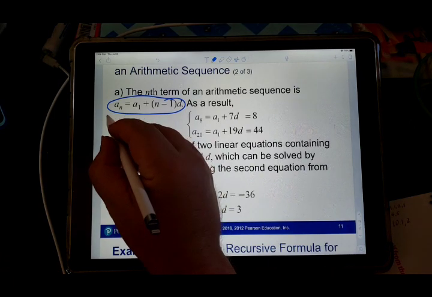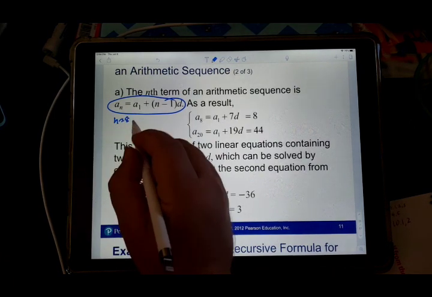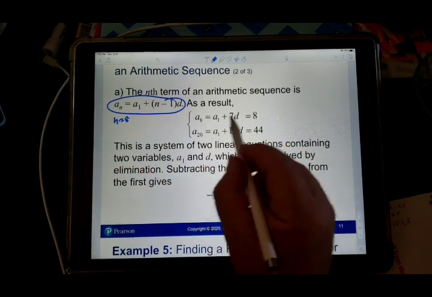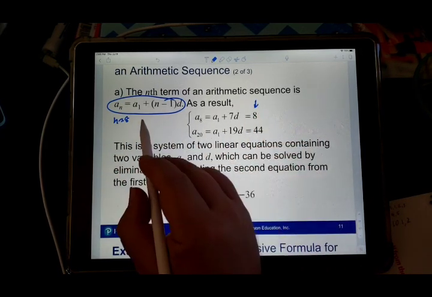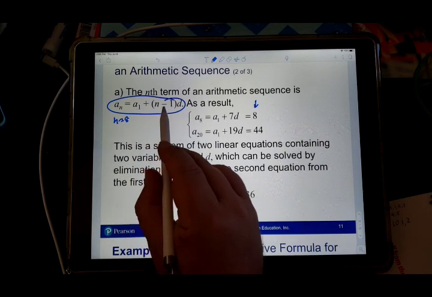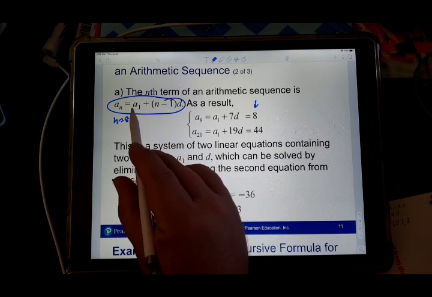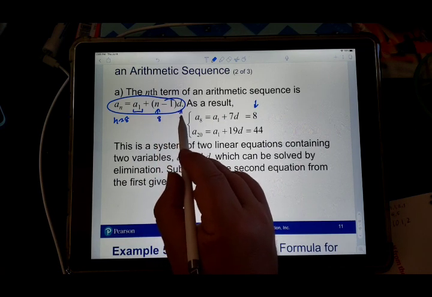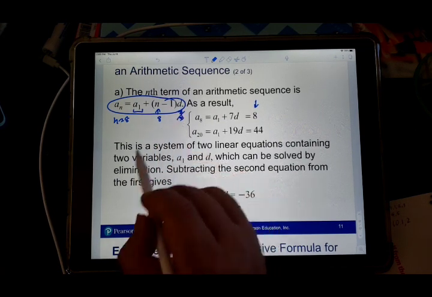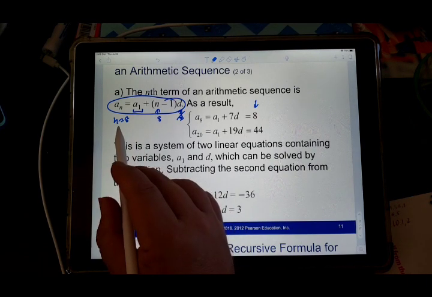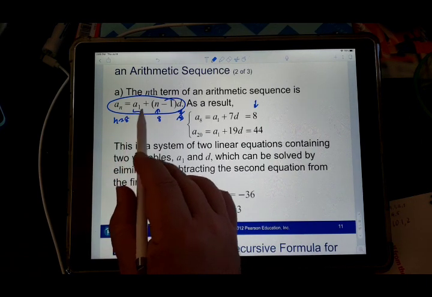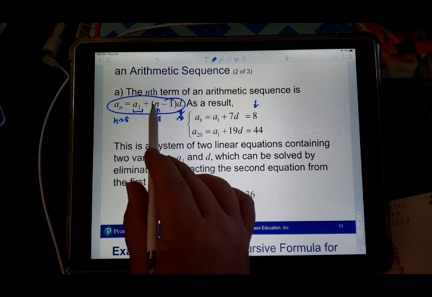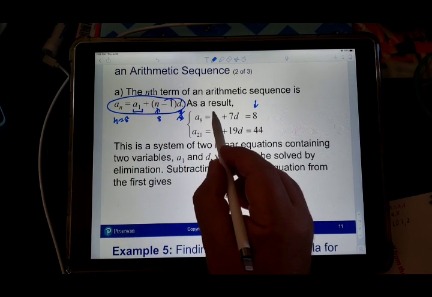And what happens when n equals 8? Well, we already know that a sub 8 is 8. And then if I put 8 in this formula, remember, I don't know what a is, and I don't know what d is. So if n equals 8, I can replace the n with 8, and n minus 1 becomes 7. So I get this